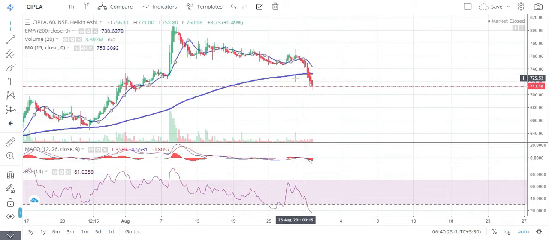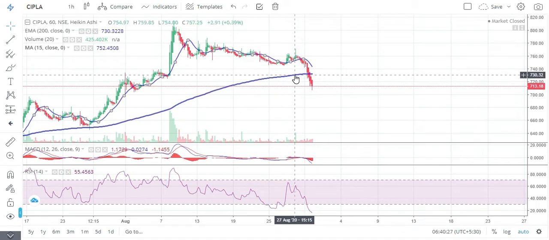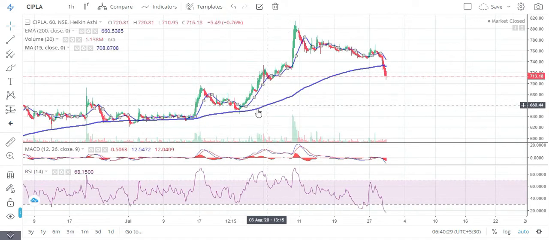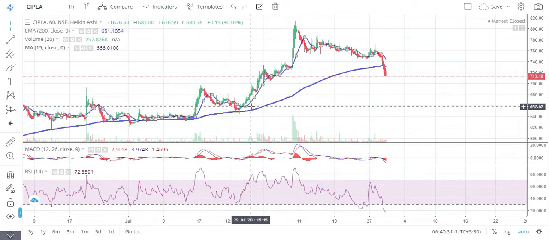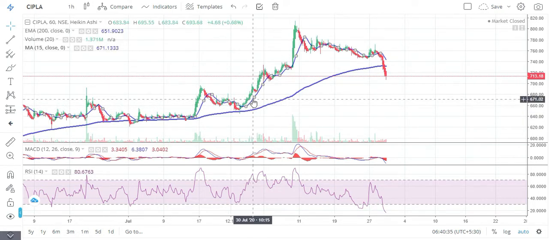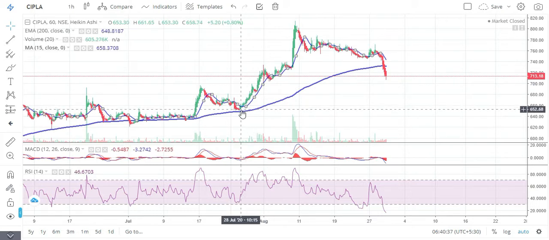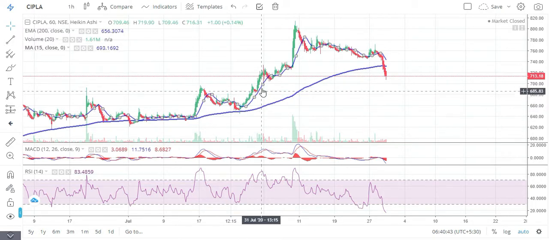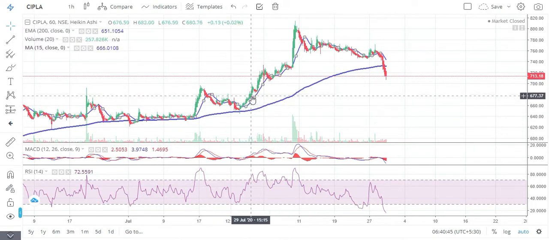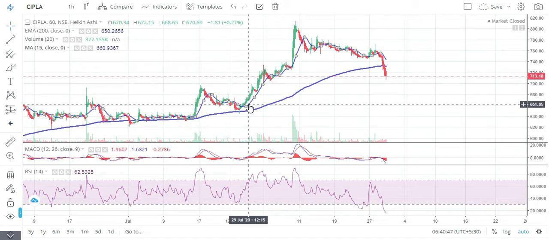So 15 and 180, that's what I'm going to take. If it is above 180 and above 15, that means it is really in an upward trend. That's what I judge by that. If it's above 180 and above 15, even in the long run it's on a high, and even in the short run it's on a high. That's how I see that it is above the price. So it's going to go up and up, right?